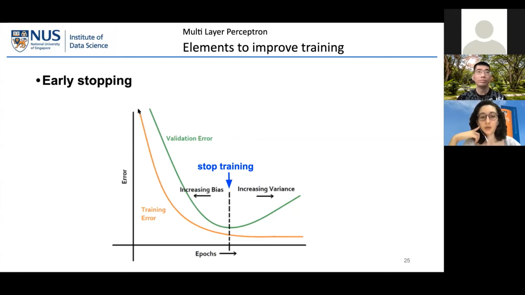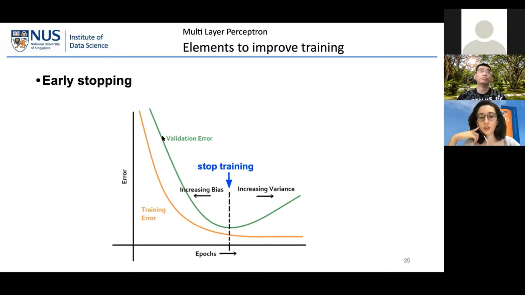So you really want to monitor that to ensure that your training error and your validation error are both decreasing. What happens very often is that first, your training error is normally always decreasing